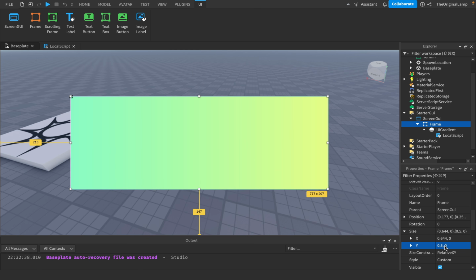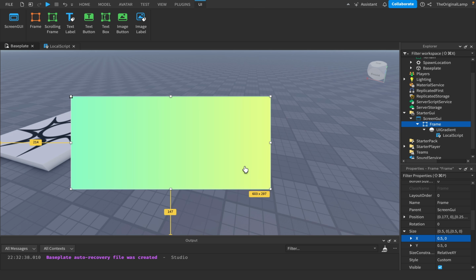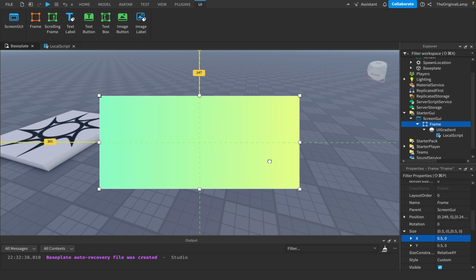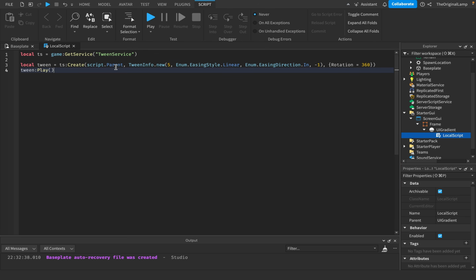We can make the scale like 0.5. Sure, let's do that. 0.5, 0.5. Beautiful. So what I want to do is I want to tween it so that the size goes from 0.5, 0.5 to 0.6, 0.6, and then goes back to 0.5, right? So I want to make it slightly bigger. So inside the local script, what I'll do is, I create my first tween, and then I'm going to